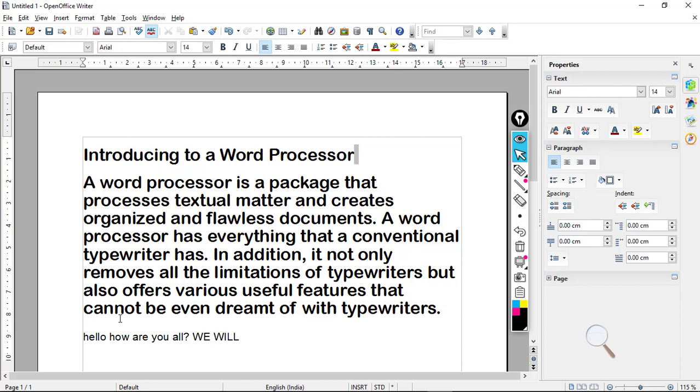We will type this until we reach the end of this line, because when we reach the end, it will change line automatically.